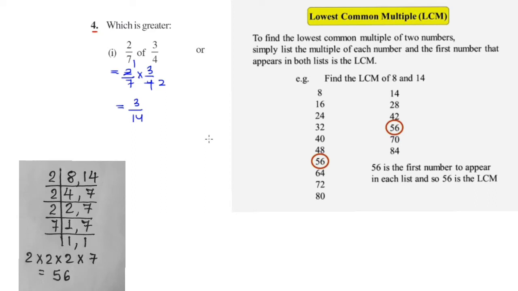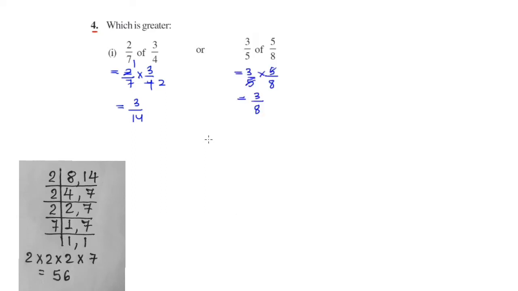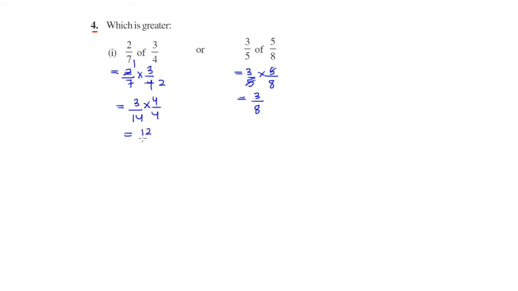So before proceeding further, we need to convert them into like fractions. Taking the LCM of 8 and 14, as you can see in the picture, the LCM is 56. So what will we multiply in 14 to get 56? Yes, we will multiply it by 4, making an equivalent fraction. Since we need to multiply the same number in the numerator and denominator also, as we have learnt while studying equivalent fractions. Now multiplying, 3 times 4 gives you 12, 14 times 4 will give you 56.